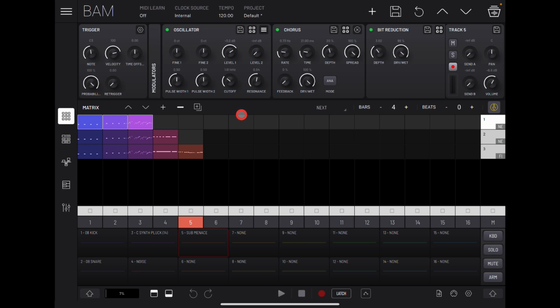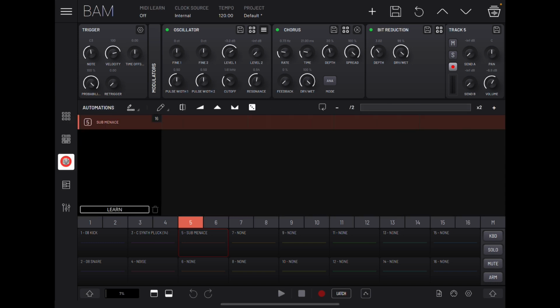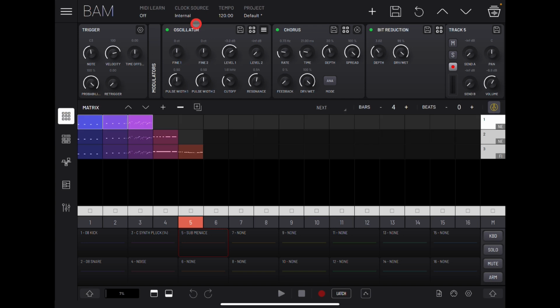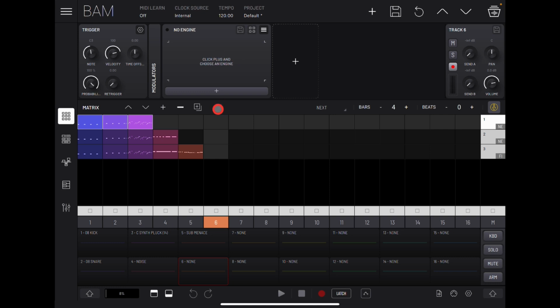Awesome stuff. Guys, that is basically enough to get you going. A tiny look at automation. Look at the sampler. Like I said, there are different engines. If we choose, say for instance, an empty slot here, like slot number 6, I've shown you can add your AUs, but you've also got audio input, and you've actually got